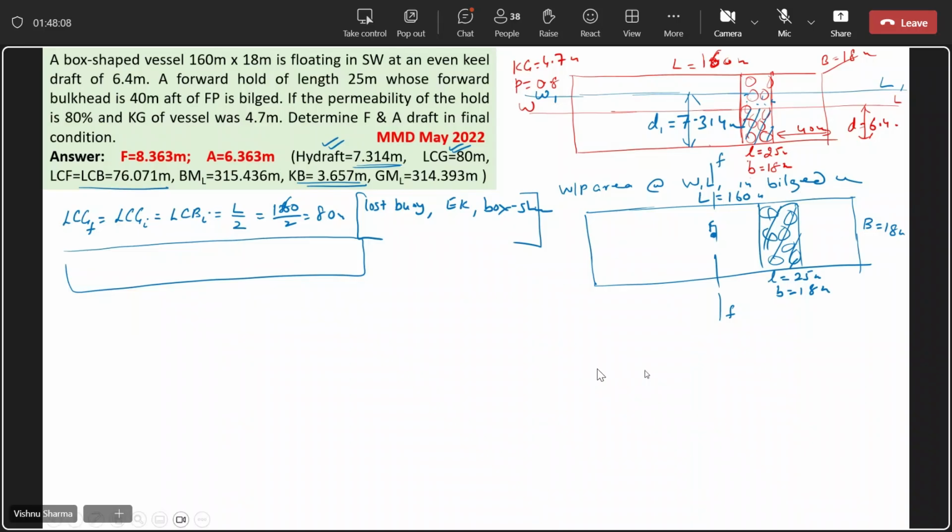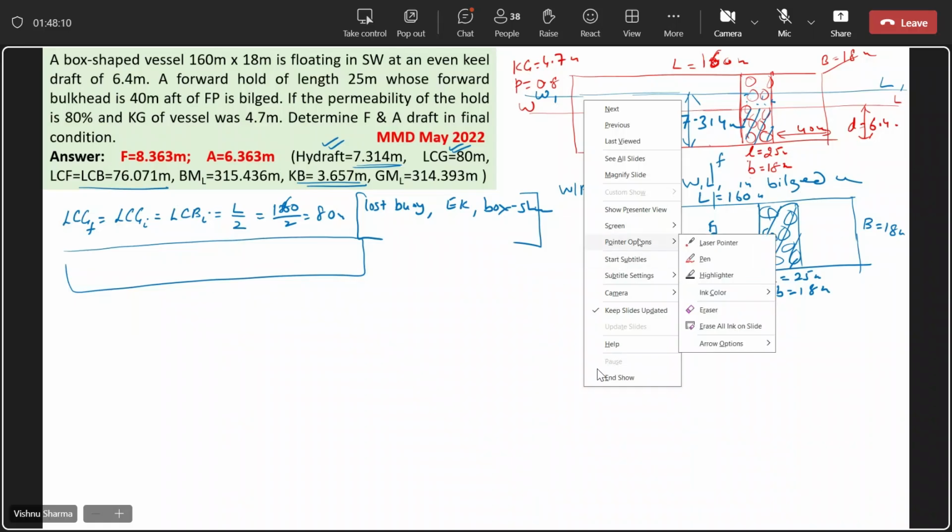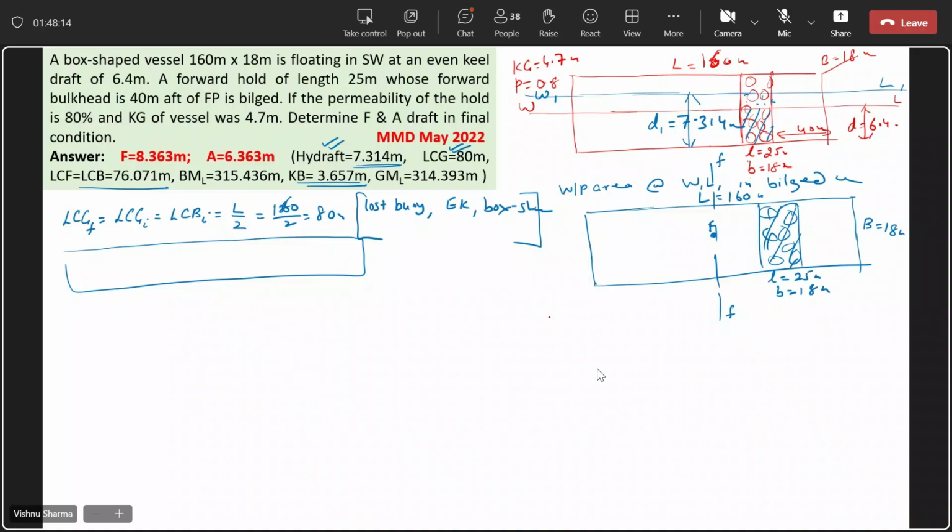Now, guys, first write the formula for BML. BML will be IFF of the intact water plane divided by, this is how you'll write it in the exams also, guys. This will be equal to IFF of the whole water plane